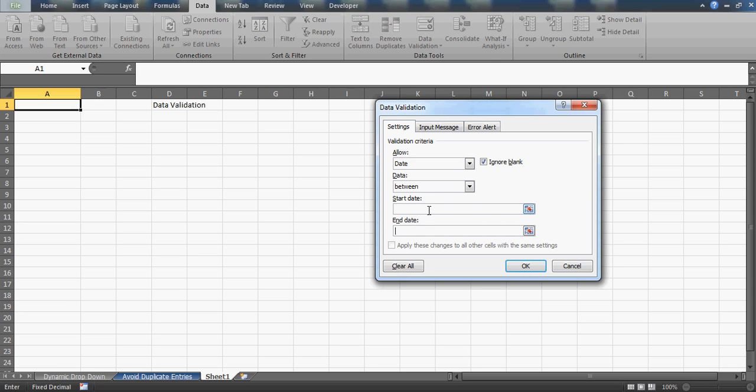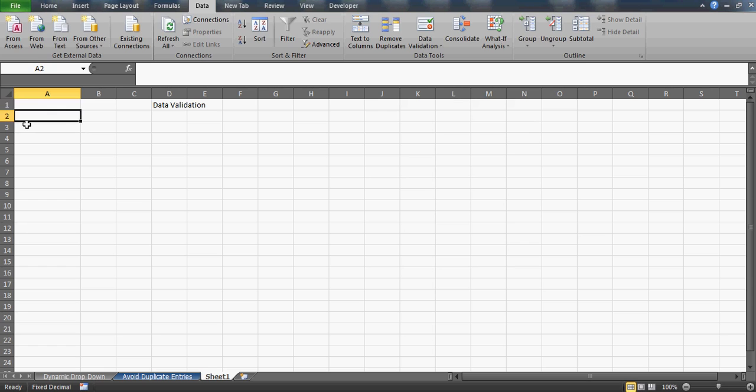If you want the user to be able to write any date between a start date and an end date, this can also be done very easily. But right now our motive is to allow greater than or equal to 1st January 2015, right? And you can press OK.